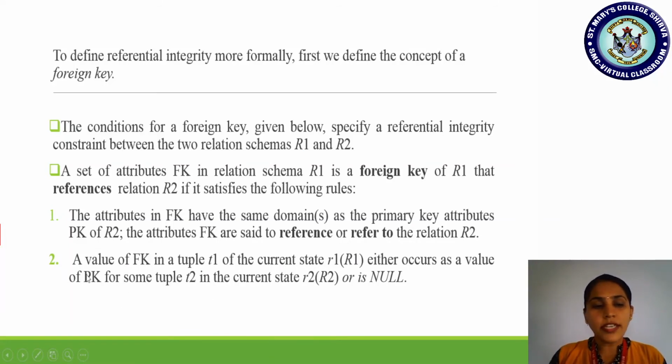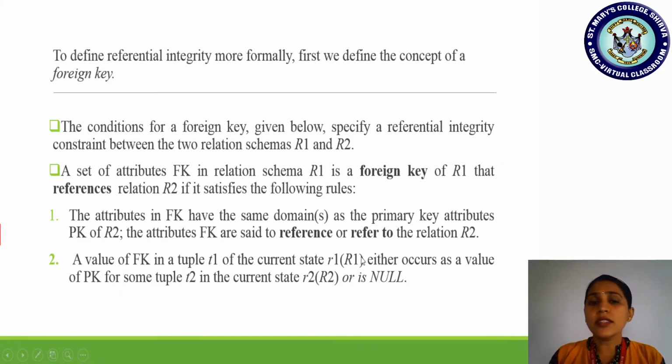So now you understand, students, a value of foreign key in a tuple T1 of the current state R1 either occurs as a value of primary key for some tuple T2 in the current state R2, that is relation 2, or is null. It means what? Here the value of foreign key, that is department number DNO, in a tuple T1 of the current state R1, that is, we are referring to the employee's tuple.